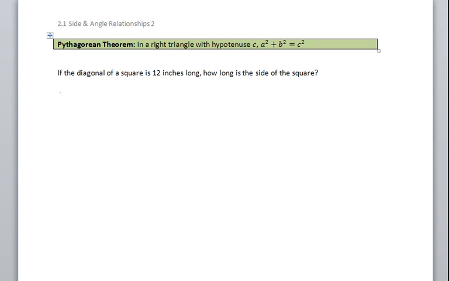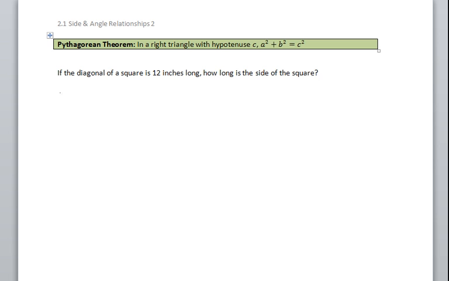So one theorem that we have looked at previously and we will continue to look at in this course and beyond is the Pythagorean theorem, and that says that in a right triangle with hypotenuse c, a squared plus b squared equals c squared. And we're going to use this formula in a variety of different ways, and here's one of them. It says that if a diagonal of a square is 12 inches long, how long is the side